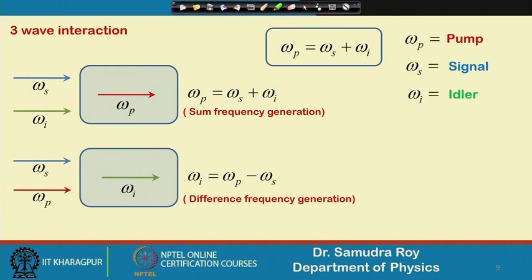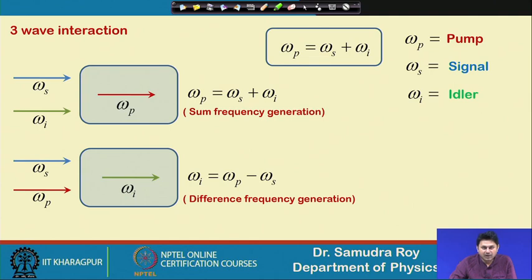They will generate omega plus omega, but in the 3 wave case, omega s and omega I, these two are there. When omega s and omega I are considered as signal and pump, we put some kind of nomenclature, so that instead of having 2 waves we can say there are 3 waves, because omega 1 and omega 2 can combine with each other and generate omega 3. It may be omega 1 plus omega 2 or omega 1 minus omega 2. In one case it is a sum frequency and the other is a difference frequency, but the thing is we will have 3 waves in our hands.